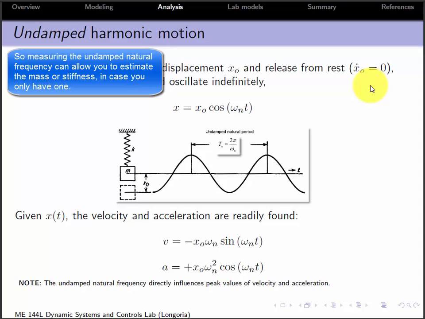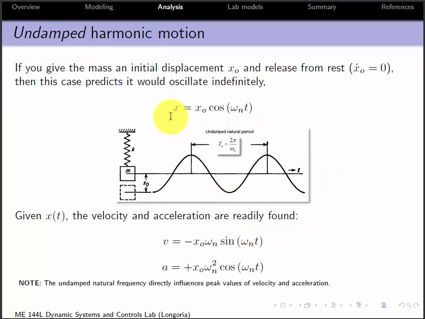And that's, for physical experiments, what I'm trying to get you to do: to recognize that, hey, if I can model this using a second order ODE, I can use what I understand about the response to design really simple experiments in the lab and extract the parameters from dynamic experiments like this. The other nice thing about this experiment is if you release it with a known deflection this way,